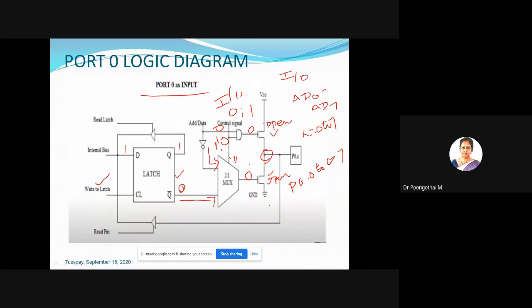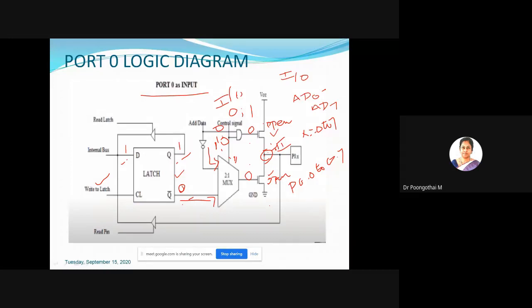I will explain this high impedance state in later slides. In this way, we can configure your port 0 as input. Is it clear? So I am writing 1 to the D latch. The output of Q is 1, Q bar is 0. So the 2:1 mux allows the signal to pass through. The output is 0, since the control signal is 0 and 0 AND with 0 gives 0.